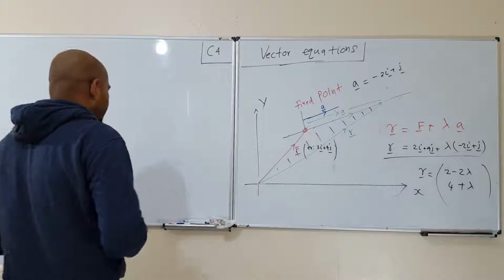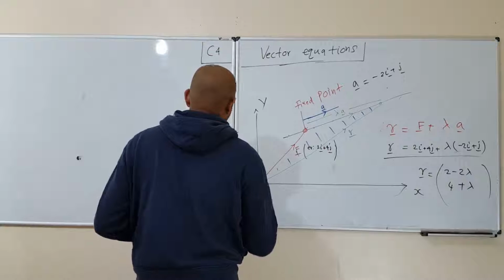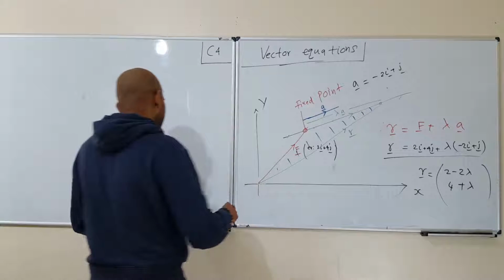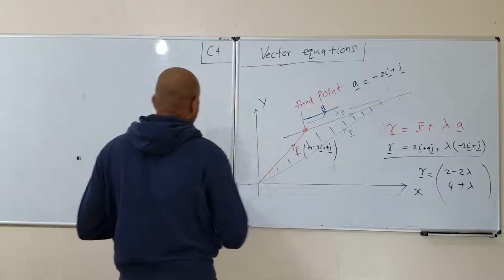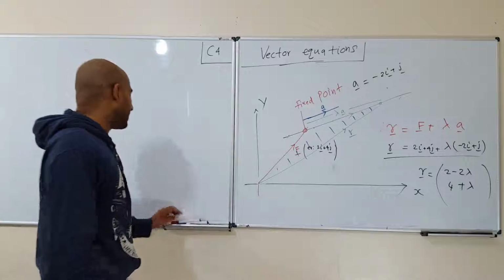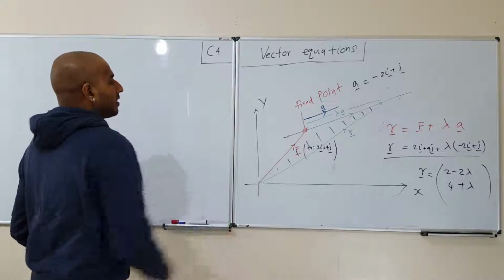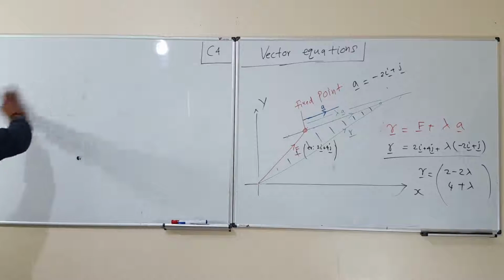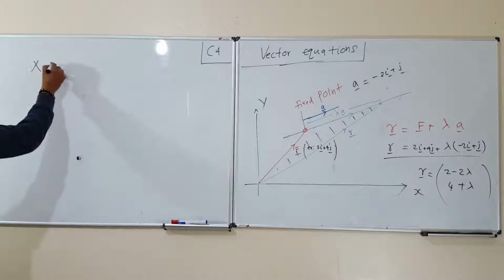Now, obviously this is a straight line anyway. If it's a straight line, then we should be able to find, for an example, x and y intercepts. Okay, so let's see whether we can work out x and y intercepts. And we know, for an example, when the x-intercept